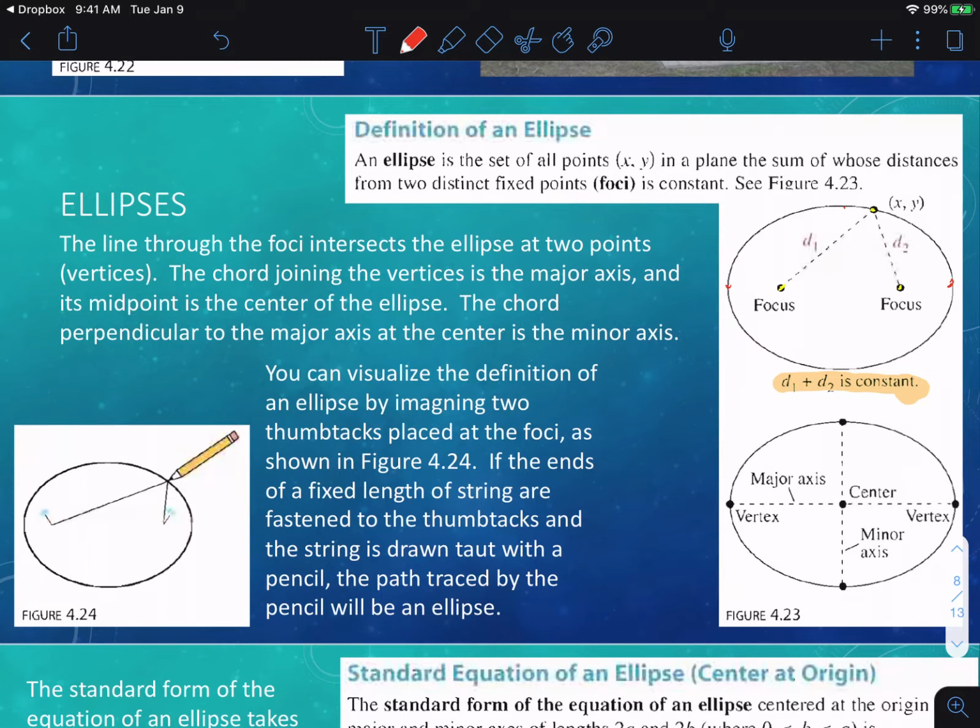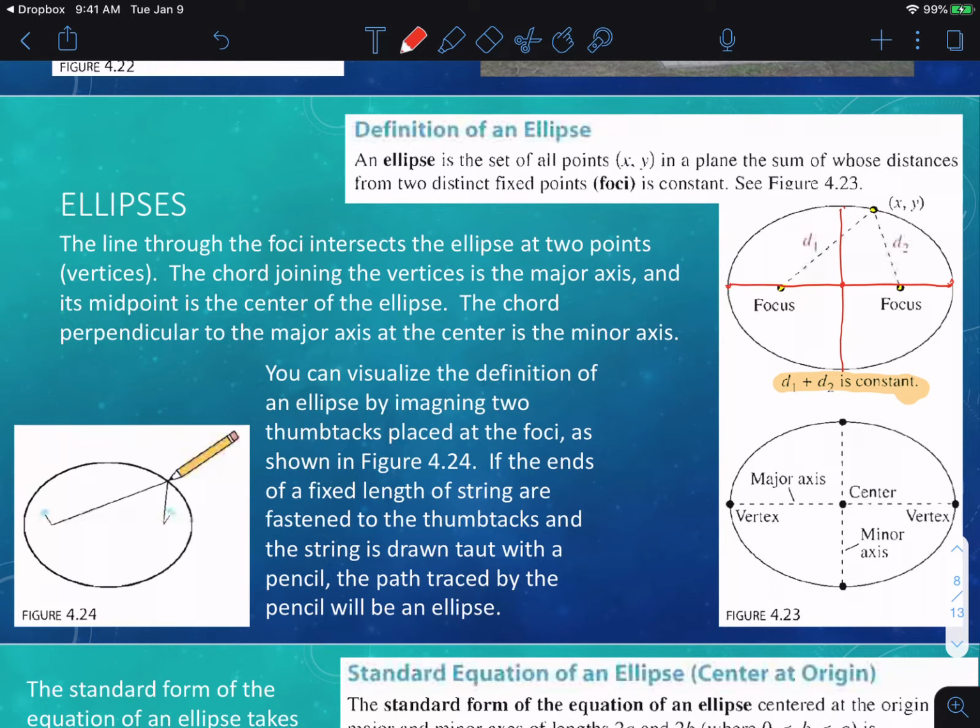The chord joining the vertices, I'll go ahead and draw it, is called the major axis. So that red line that I just drew is the major axis, and its midpoint is called the center of the ellipse. The chord perpendicular to the major axis